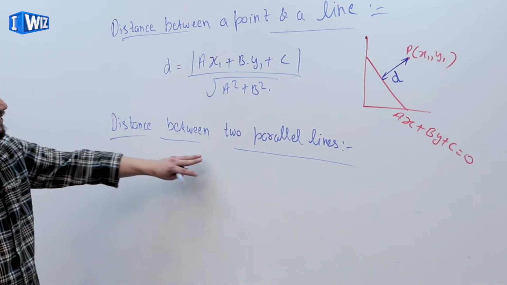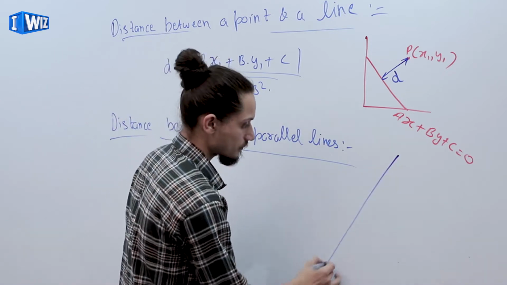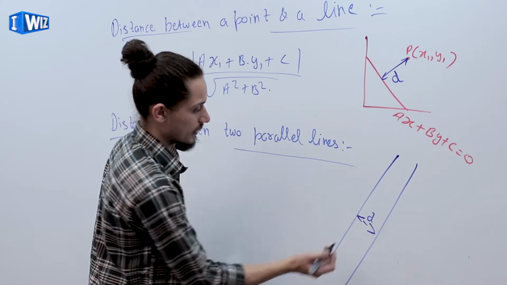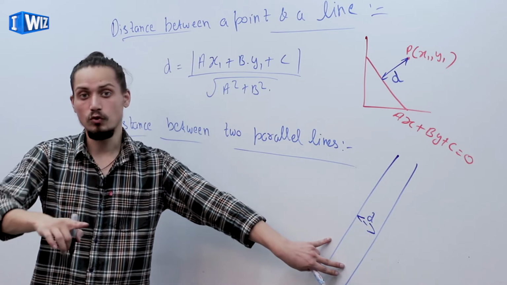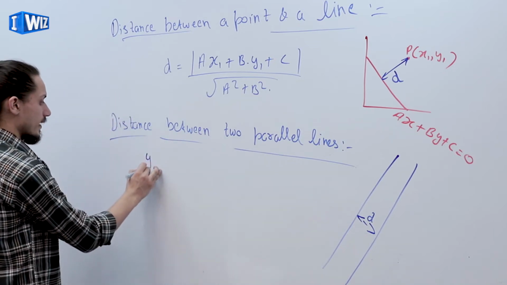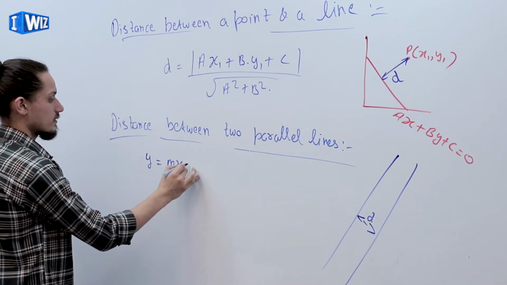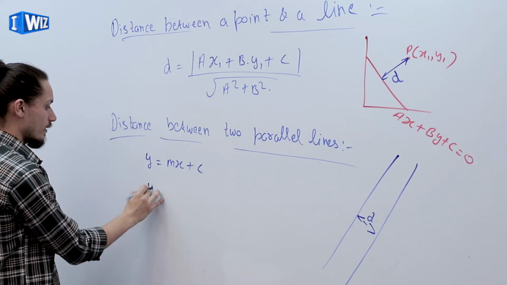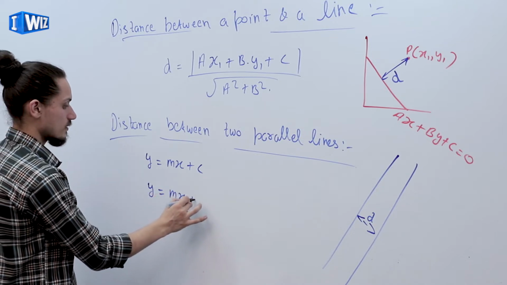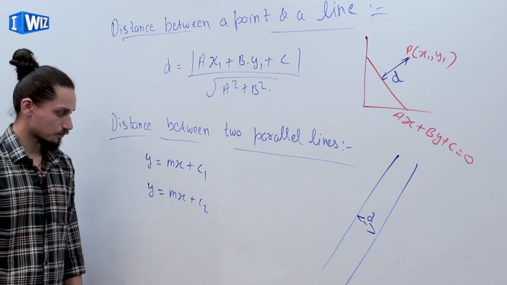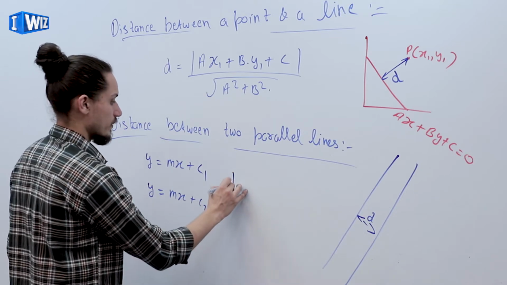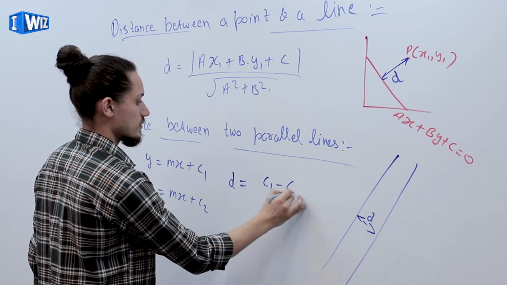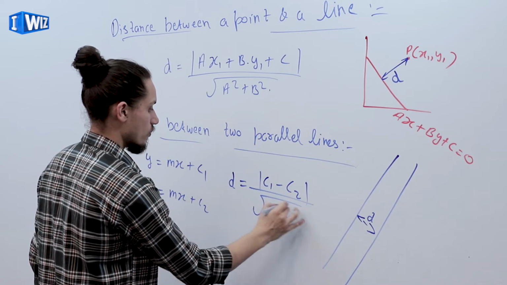Second is we have to find the distance between two parallel lines. So what we do, say these are two parallel lines. So we know that we have to find d. Firstly, we know if we have two parallel lines, so the slopes are equal. Say slope of first line y is equal to mx plus c, first line is of the form y is equal to mx plus c in slope intercept form. Second, y is equal to mx plus c2, c1 and c2. So distance between these two lines will be equal to mod of c1 minus c2 upon under the root 1 plus